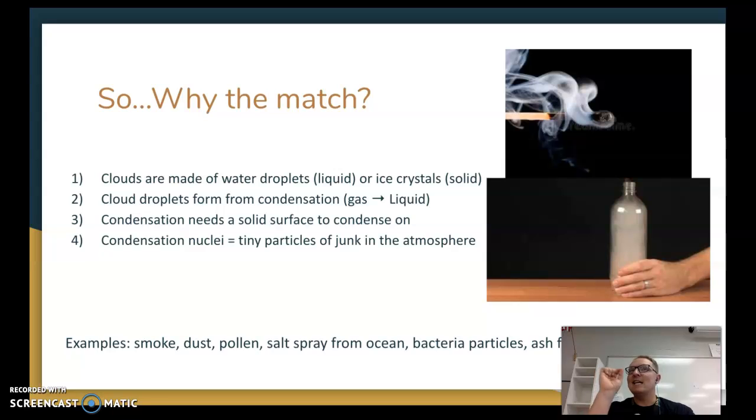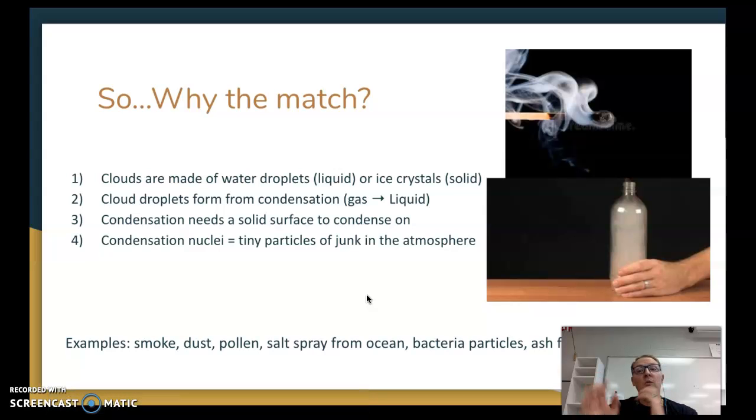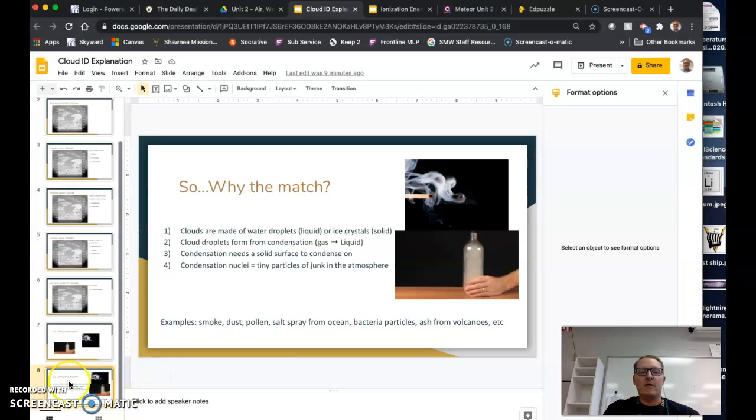So every tiny little cloud droplet at its center or at its core has a little tiny bit of junk, right? Little microscopic pieces of junk floating around in the atmosphere, and that is what cloud droplets actually form on. So why the match? We needed smoke particles in the bottle. Okay, that's for basic cloud formation and